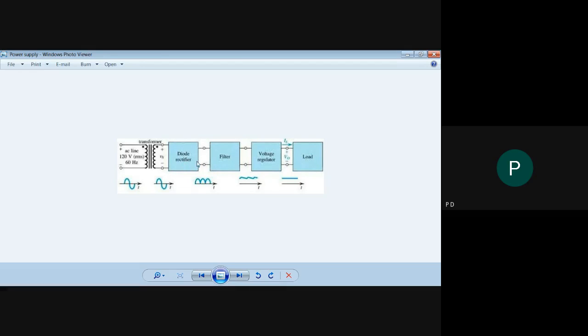Then the output of the bridge rectifier, whatever it may be, is applied to a filter. Now, there are different types of filter. Generally we prefer the capacitor shunt type filter or the pi type filter, that is CLC combination. Generally we prefer the shunt type C filters, and the capacitor filter we call shunt type or C type filter. The capacitors are connected in parallel to the output, shunted. One terminal is at the output of the rectifier, and the other terminal is connected to ground. Okay, so we use shunt type filters here.